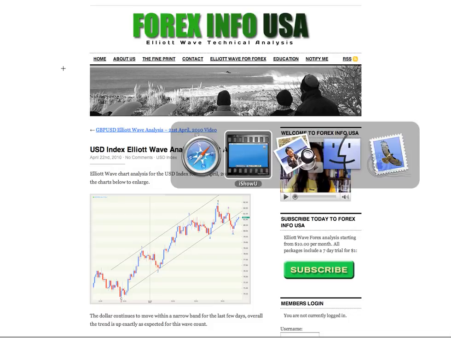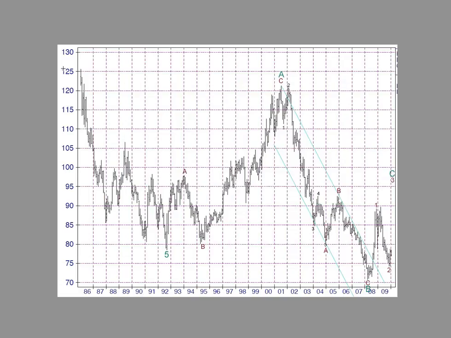Starting this analysis again, as usual, with a look at an historical chart. This time we'll go back to 1985 and look at cycle degree waves. We had 5 waves down to end a 5 wave down sequence towards the end of 1992. Thereafter, a good strong 3 waves up for cycle degree A, followed by a 3 wave down